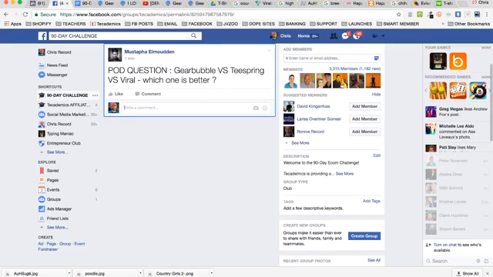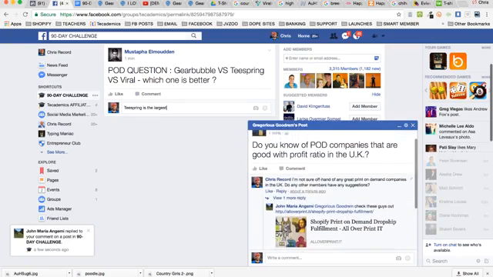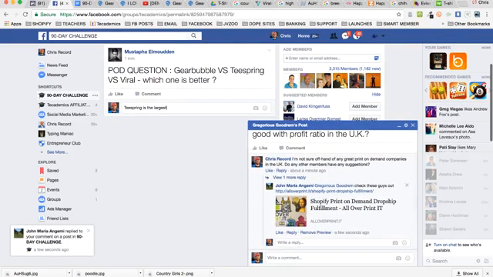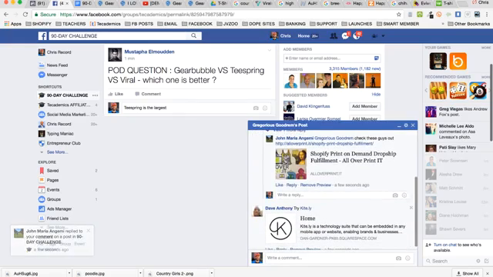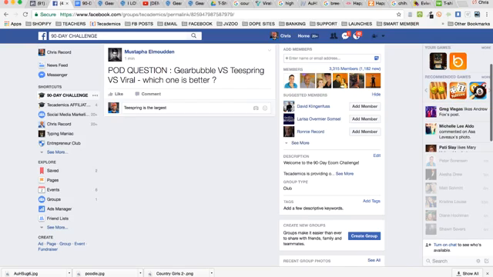Okay. Which one is better? Teespring is the largest. Okay, hold on. Let me. Oh, somebody. Look at this. Do you know of POD companies with a good profit ratio in the UK? Look, people are already jumping in and sharing. That's the power of the community. I didn't know offhand, but lots of other people are already helping. That's awesome. Teespring is the largest, but they